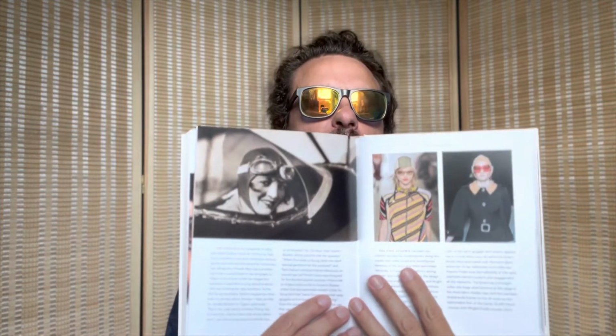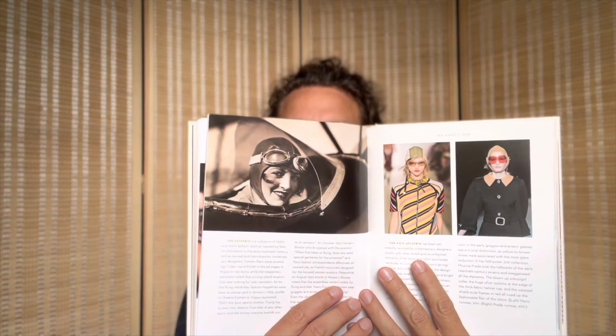Hey guys, some of my favorite ideas for art projects in general are a kind of takeoff point. This is a book all about glasses. It's called Making a Spectacle: A Fashionable History of Glasses. So often I'll take an idea like, okay, what if we did a project with glasses,